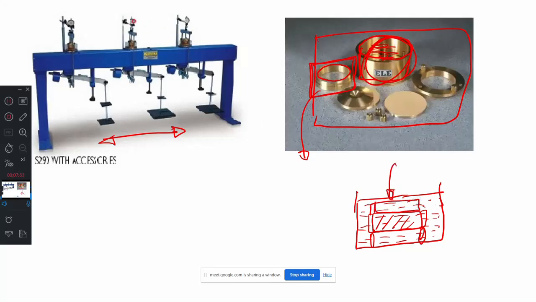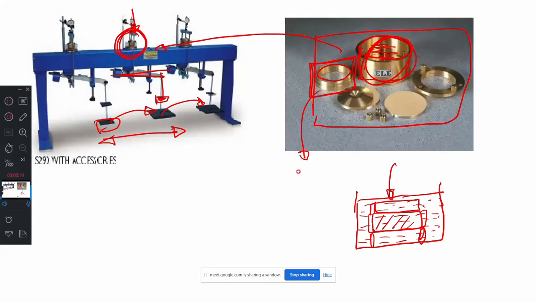Then we will start applying the loads. How will we apply the loads? This second diagram will explain it. See, this is your consolidation apparatus. This apparatus will be set here, and after that this top load will be applied by using this arm. Here you will be putting loads. This is some load, and after that increase the load, and again increase the load. Like that you keep increasing the load.